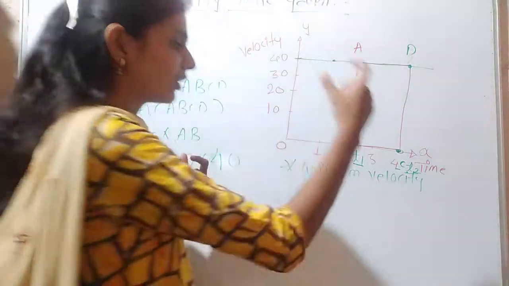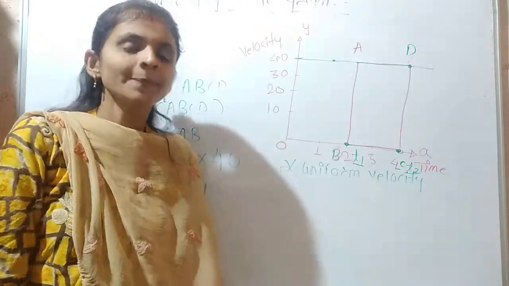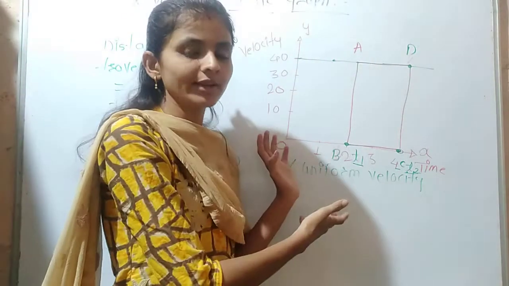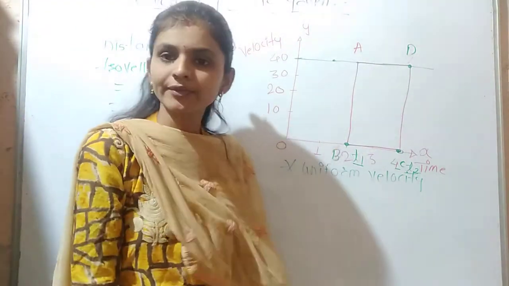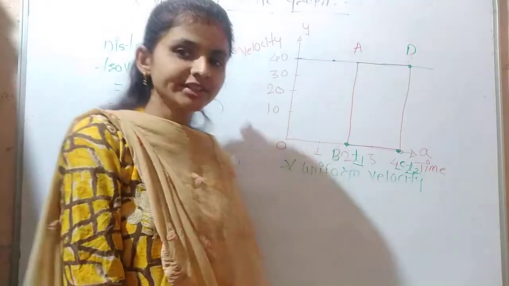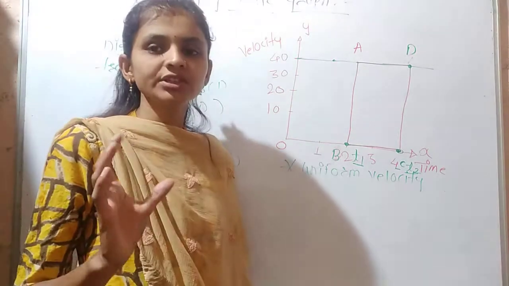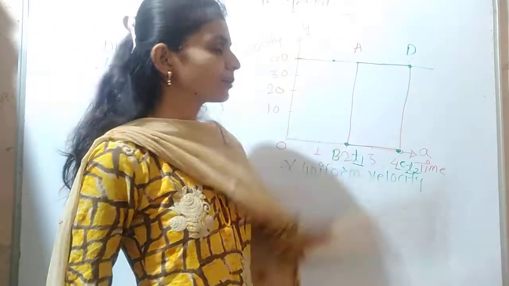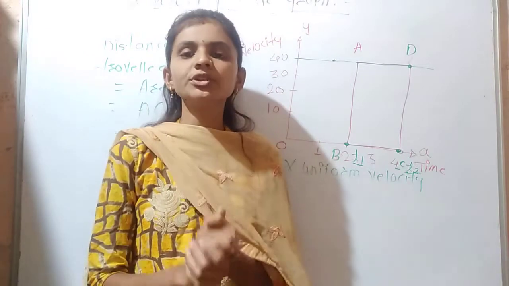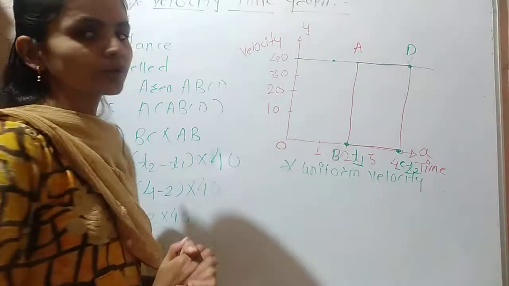In this, along the x-axis we have to draw the time, and along the y-axis we have to draw the velocity. These values can vary as per your understanding; you can take different values on the x-axis and y-axis. So here students, for the total distance traveled by the object, first we have to consider points like A, B, C, D. Then draw a parallel line along the y-axis from point A and point D. Then observe that closed area, which looks like a rectangle.